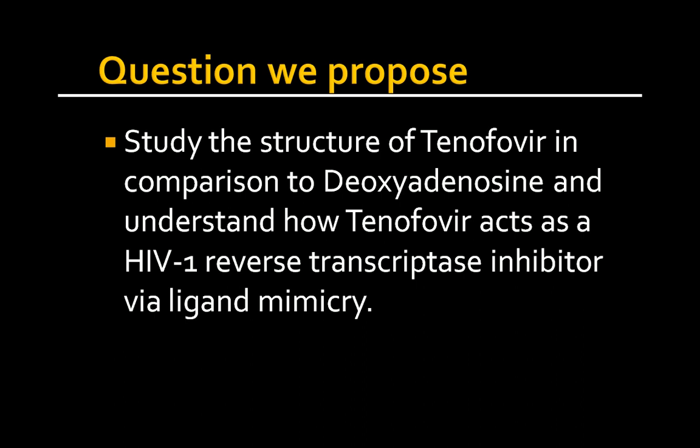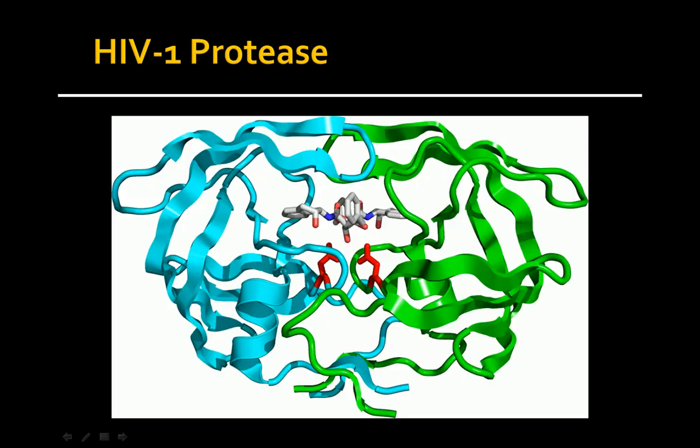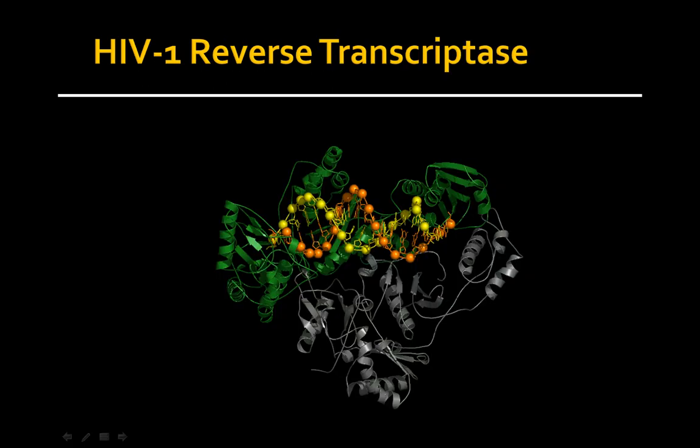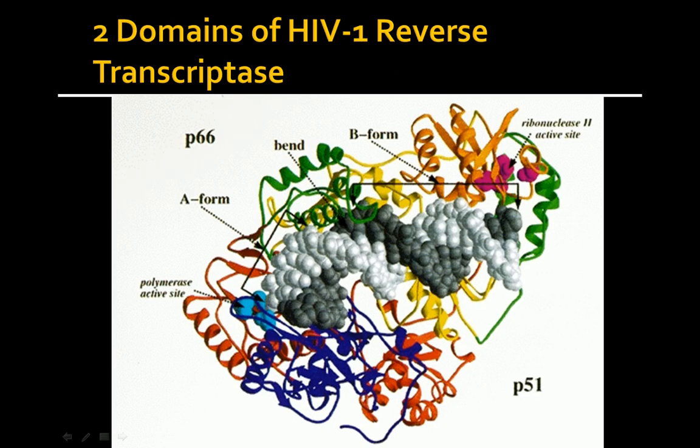HIV is a retrovirus that brings in its own transcription machinery, which includes integrase, protease, and reverse transcriptase. The enzyme we focused on is the reverse transcriptase, which contains two catalytic domains, the polymerase domain and the ribonuclease H domain. HIV infects cells by using the polymerase domain of reverse transcriptase to transcribe single-stranded viral RNA into a